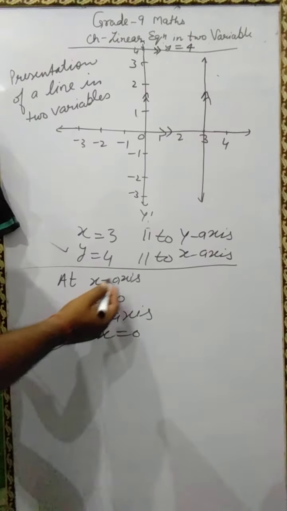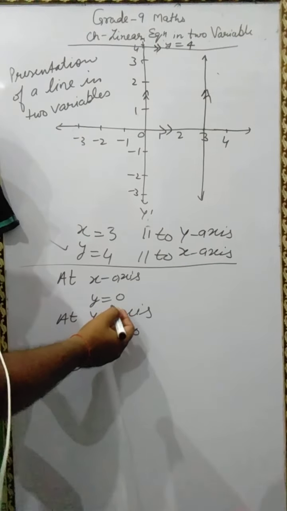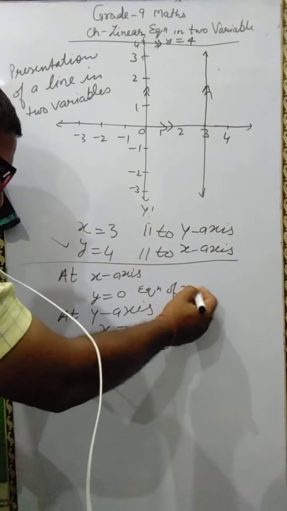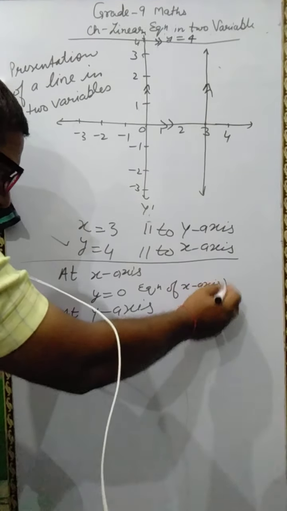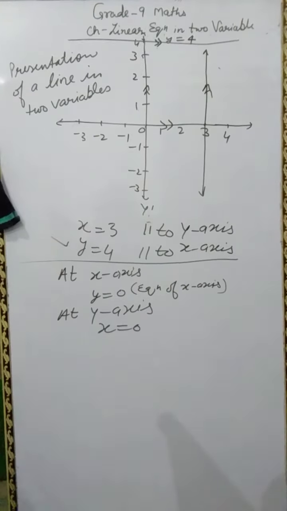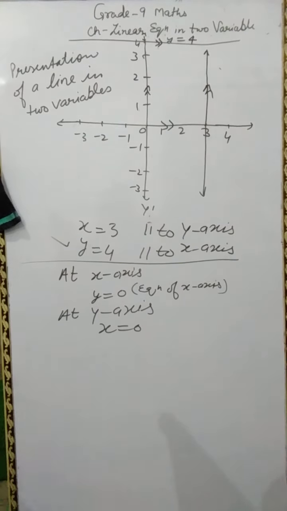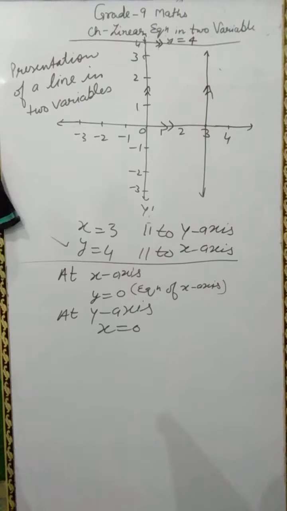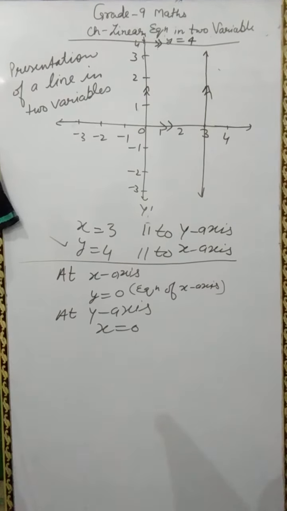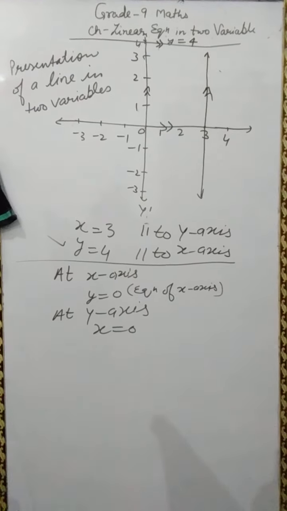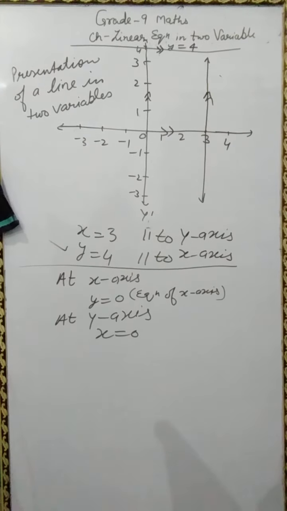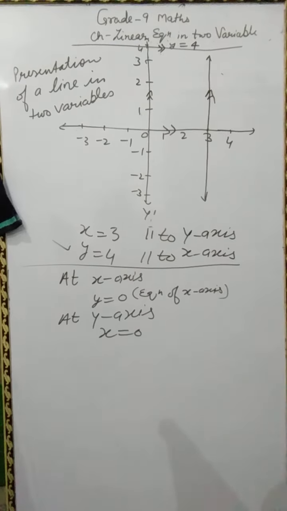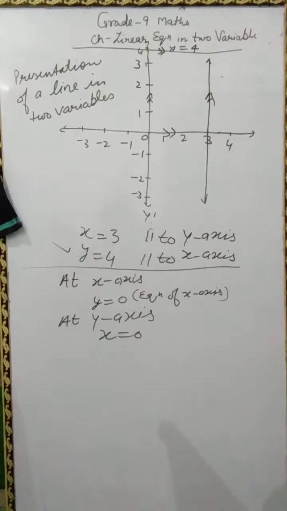Actually at x axis y is 0, and y is 0 is the equation of x axis, which means one thing has more than one name. As you are having at least two names: one is the name which is registered in the school register, and one more you have, that is your nickname, by which your friends, your mama and other people in that society are calling you, right?